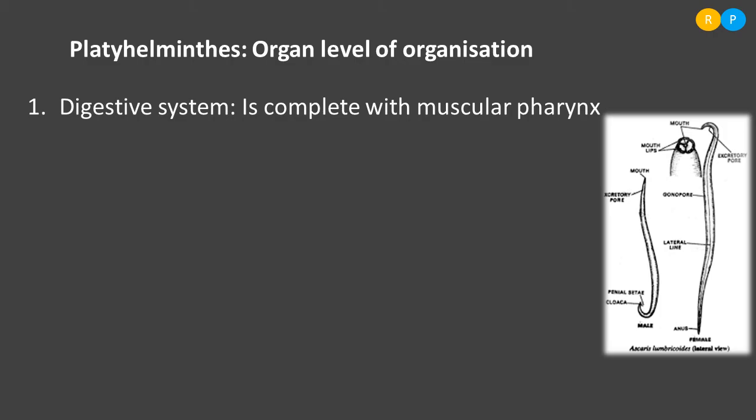And here we can see some advanced structure compared to the Platyhelminthes. That means the pharynx is muscular in nature. That means some muscles will be present. So those muscles help in movement. Because of this movement, the easy flow of food can take place in the digestive system. Clear? So muscle function means what? They show some kind of movement, right? So the pharynx is made out of muscle, so the movement of muscles in the pharynx helps in the flow of food to different parts of the digestive system.